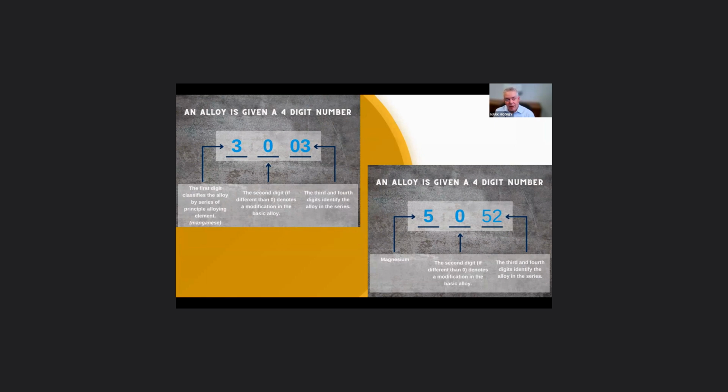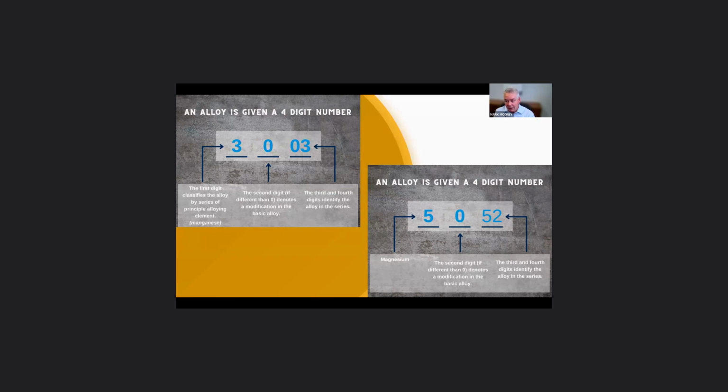That first digit, again, recognizes what alloys are added to the mix to put it into a family of aluminum. Each of the other numbers, I'm not going to get too far into this, but it further refines what the properties of that aluminum are. So they just denote a different variation in that family. So 3003 is a very common one. And as an example, 3105 might be a slightly different version in that same series. Both of them alloyed with